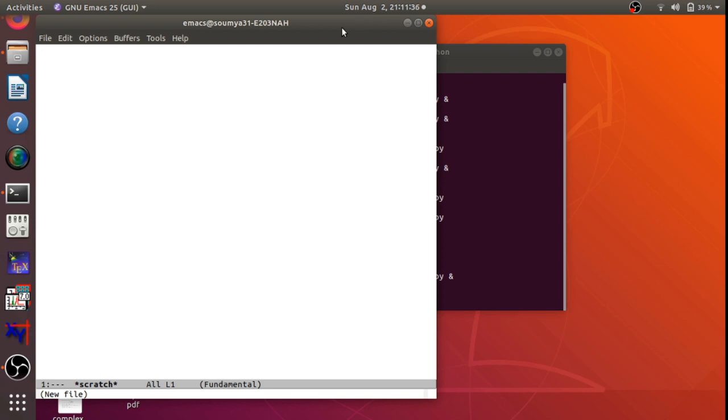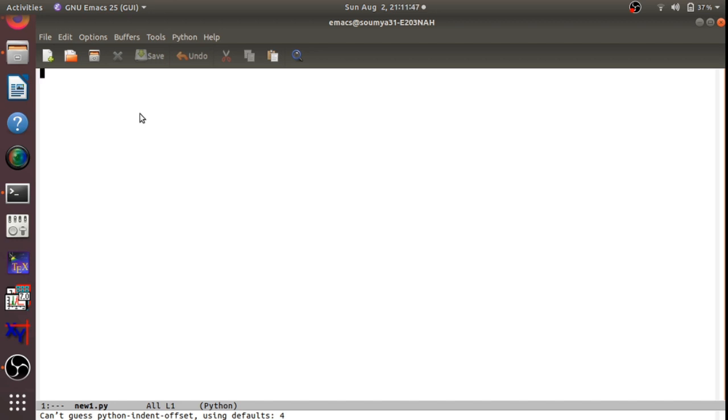Now in this text file, I will write my program. Suppose I will try to input two numbers. It may be integer number or float number. Suppose I start with integer numbers at the very beginning. Suppose I put a equals to 5, I put b equals to 7, and then I take another variable c, which I call c equals to a plus b. C is my new variable, and then I would like to print my result.